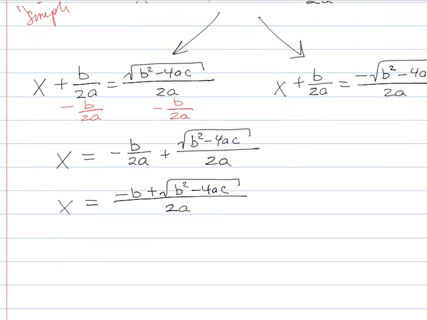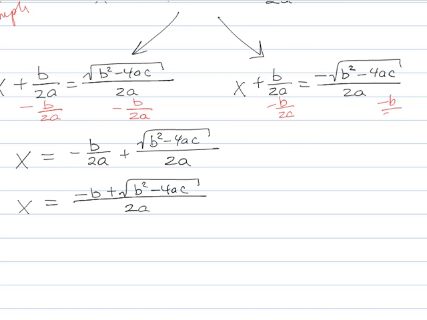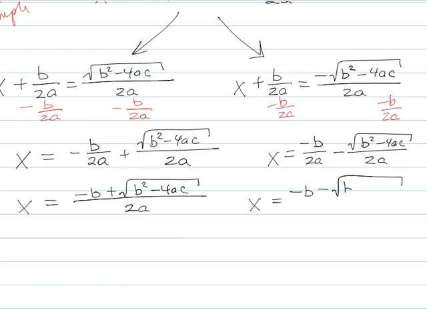And then if I do this over here on the right, I'm going to end up with minus b over 2a minus the root of b squared minus 4ac over 2a. So again, minus b minus